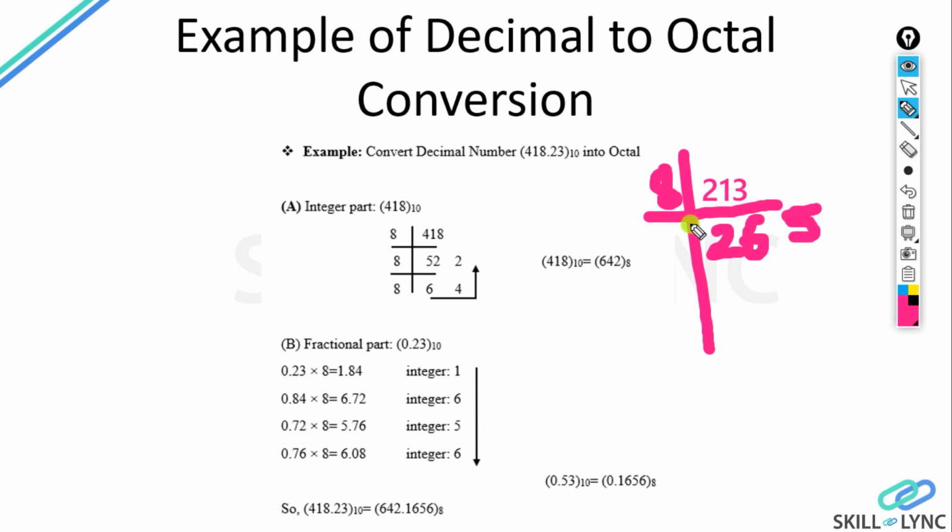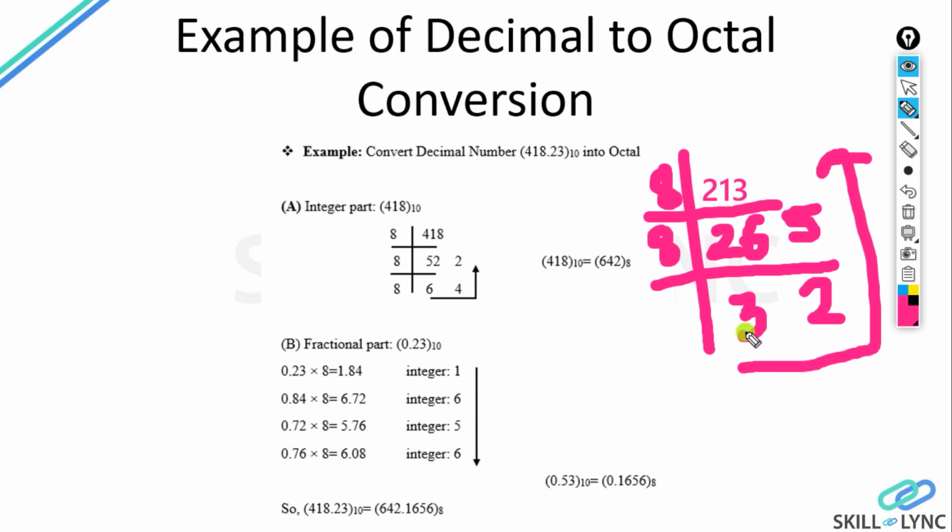This 5 is the remainder. Again divide by 8. 2 is the remainder. And you will adopt this approach. Your answer will be 325, and it will be in terms of octal. So 8 is the base, and here the 8421 rule will not be applicable. The 8421 rule is applicable only between the decimal number system and the binary number system.